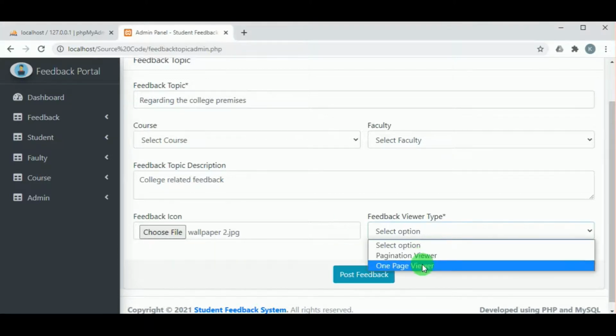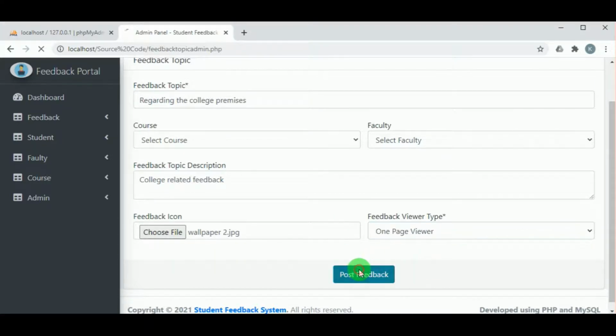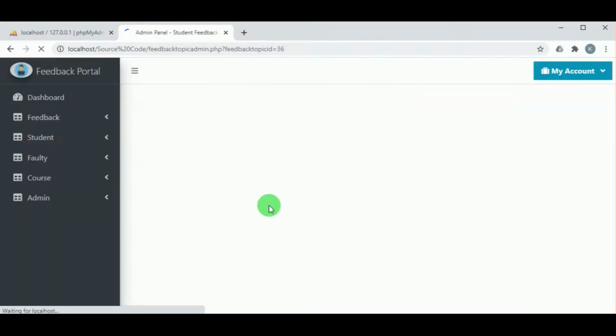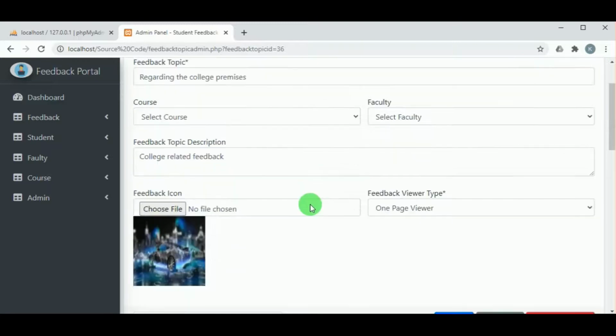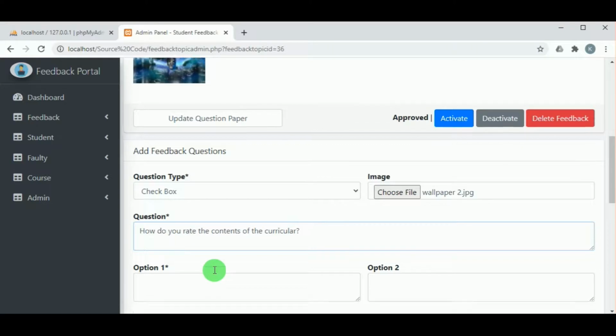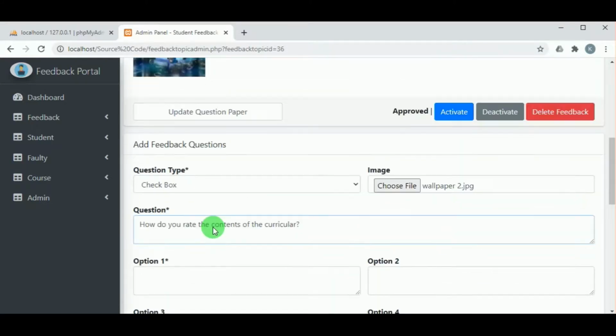So let us click here one page viewer, and let's click on post. And now the topic is added. We must add the questions. So I have chosen the question type as checkbox, and the question we can see, and there are similar to the first one, there are 10 options upon which we can give any number of options within the 10 numbers.